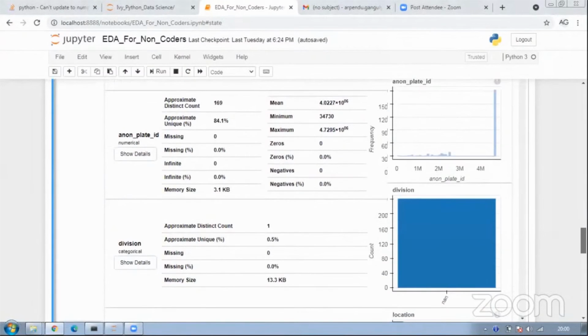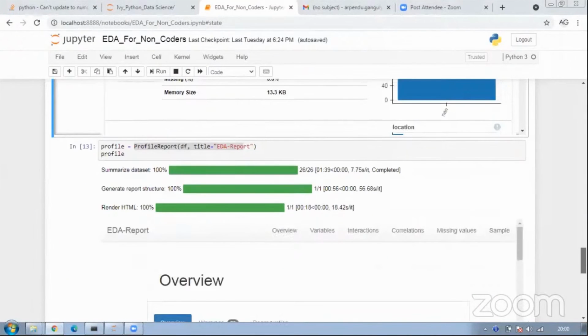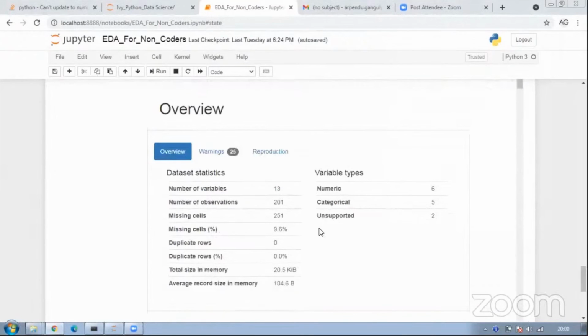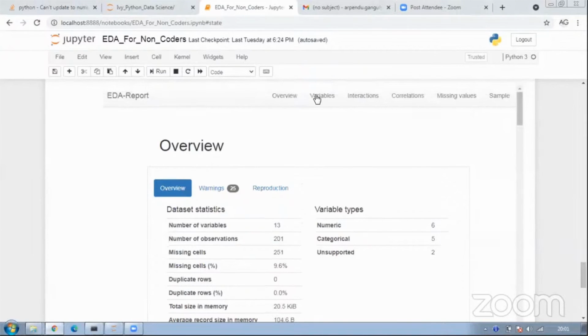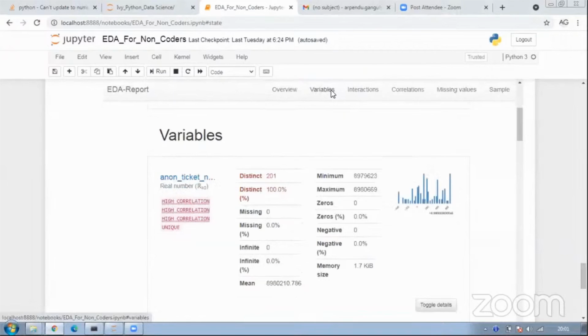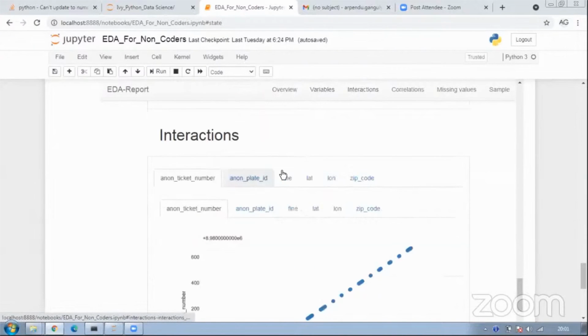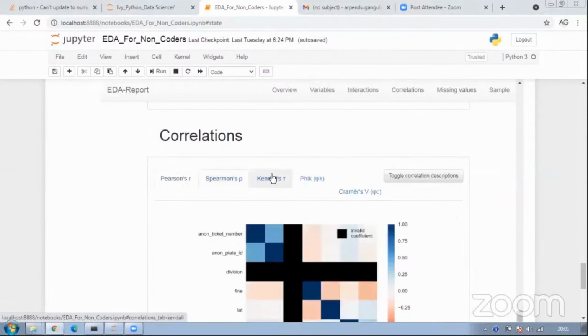Now let's also quickly see the other one, which is the profile report. Here also we have an overview, which is similar, with a little bit lower functionality. Here also I have the variables and I can see the details around them. I can also have the interactions, and instead of this I can select these variables, which is a different way of selecting. I can also have the correlations: Pearson, Spearman, Kendall's, and another one which is Phik.